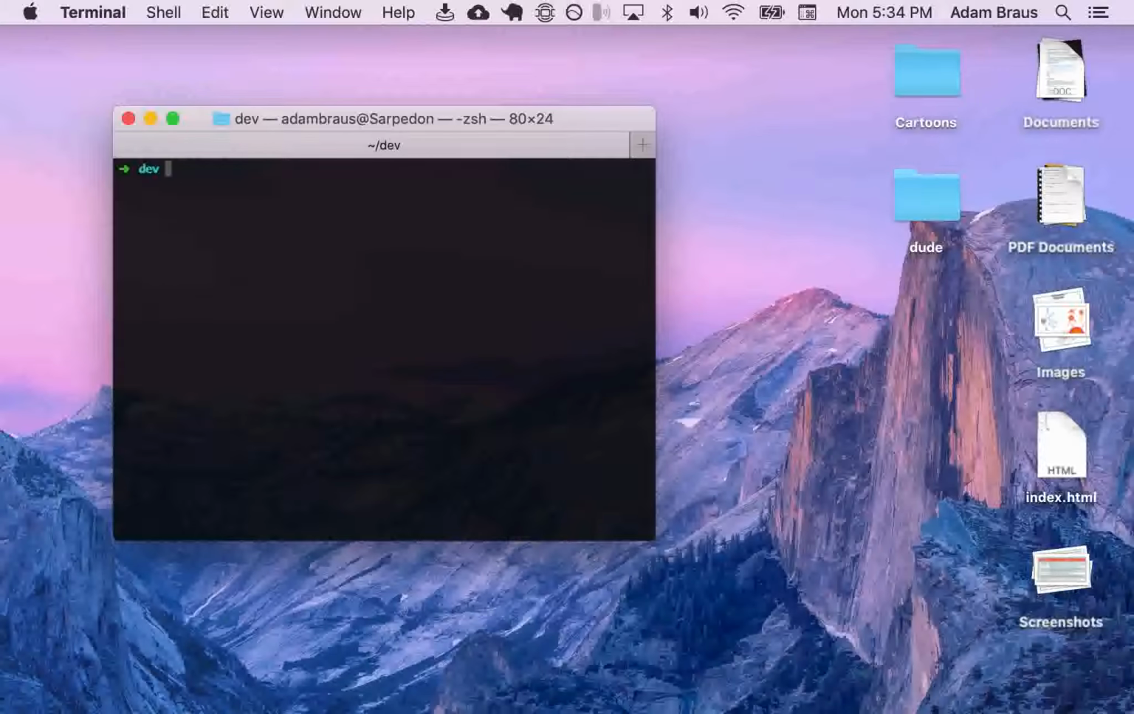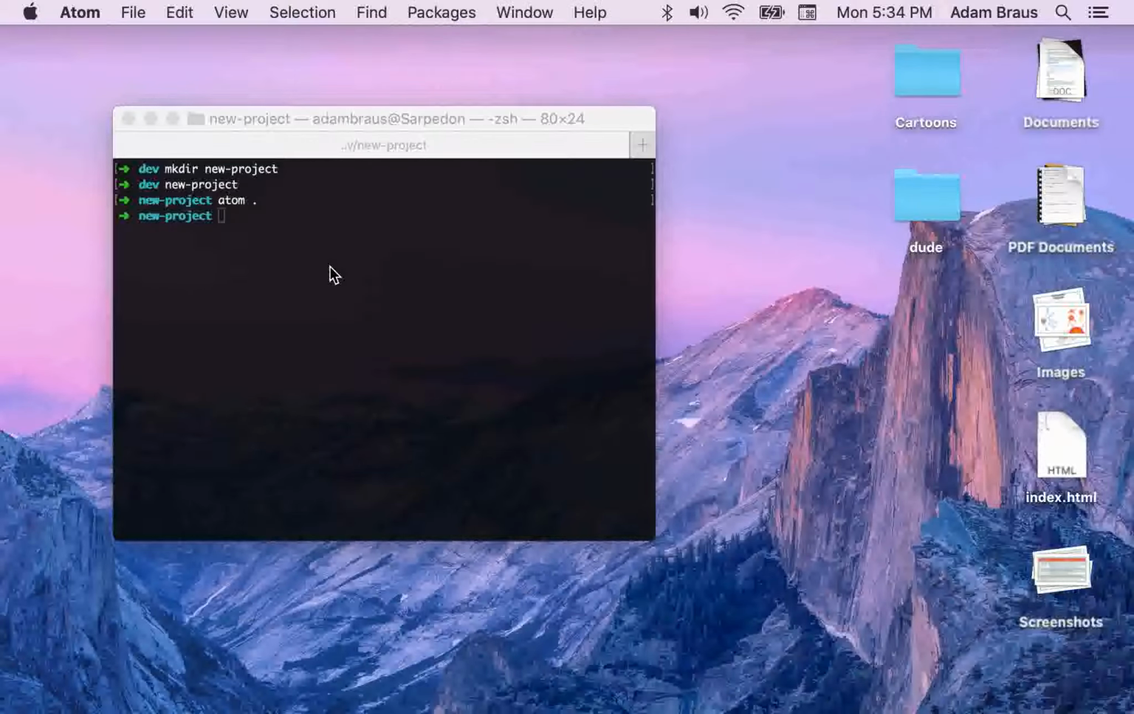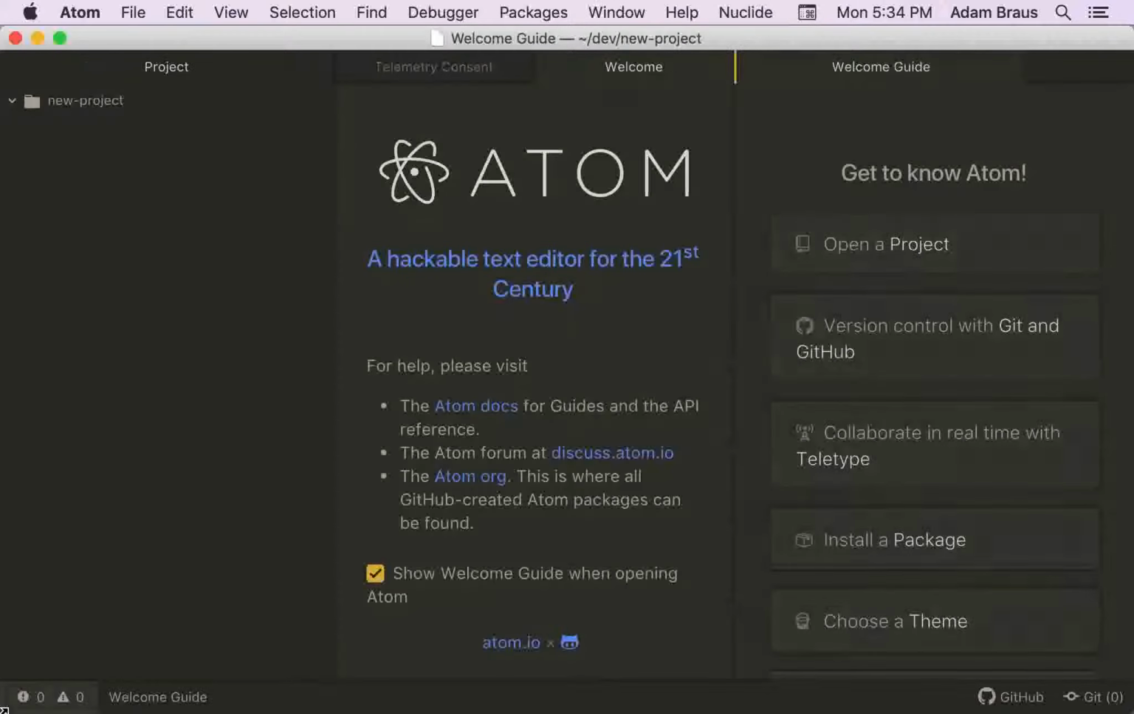And now if I want to make a new project, I can do make directory, mkdir, and we'll call this project just new project. And now we can go into new project. And now that we're in new project, we can open it in Atom. Now, once I'm in Atom, I can